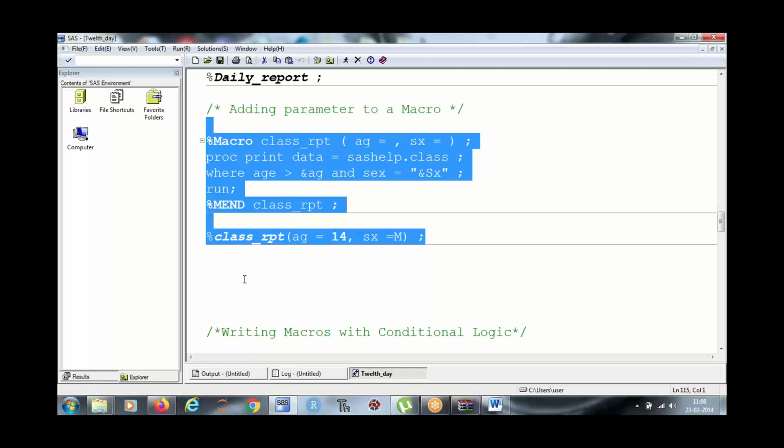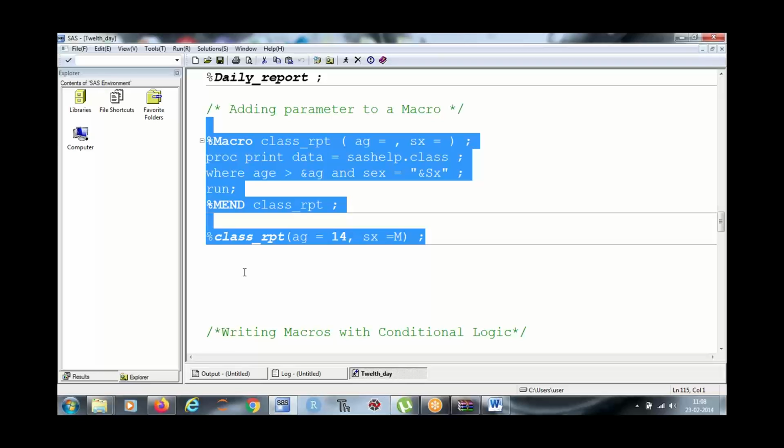Now we are going to create a macro program based on some condition. The problem statement here is you need to create a program in which you will be printing data from SASHELP.class data. If it is Monday, then your program should print data only for age group 11.